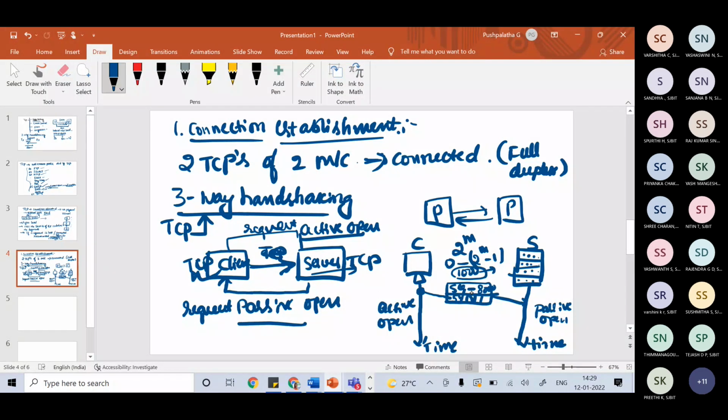When actual data transfer starts, that time the sequence number will be incremented by 1. And if I say the SYN segment sometimes carries no real data at all, still we can think of it as containing some imaginary byte, called 1. That means a SYN segment cannot carry data, but it consumes one sequence number.